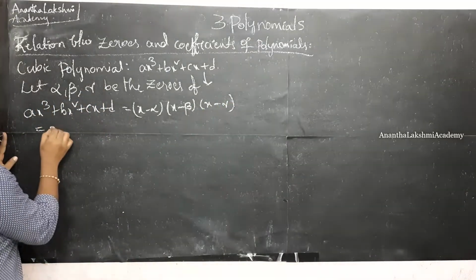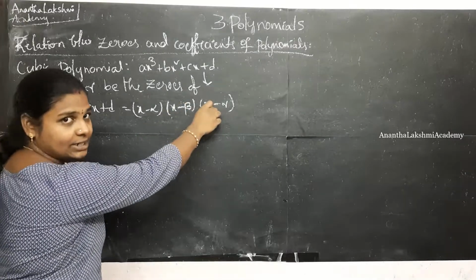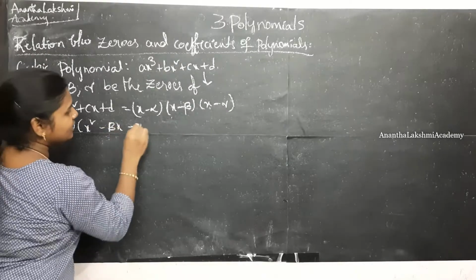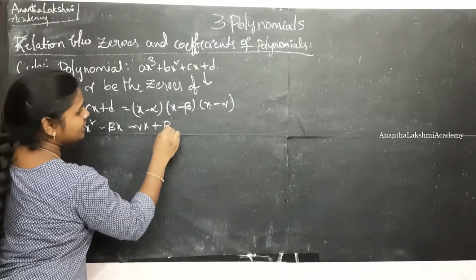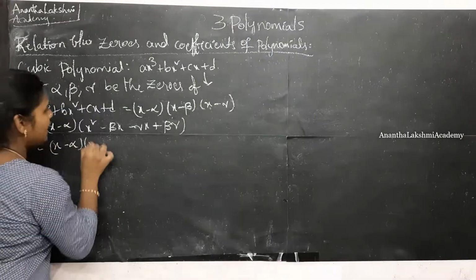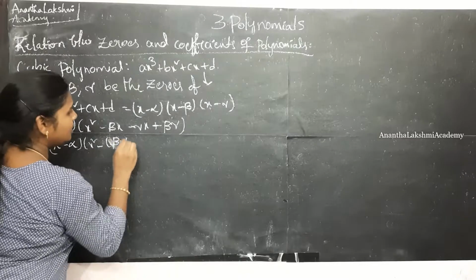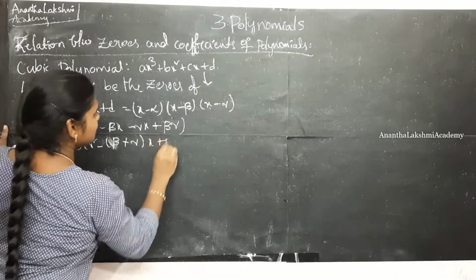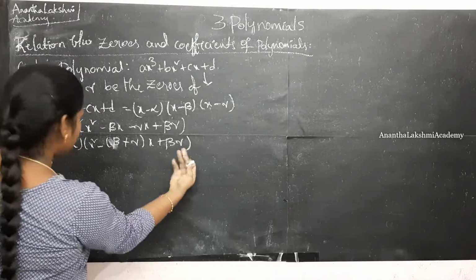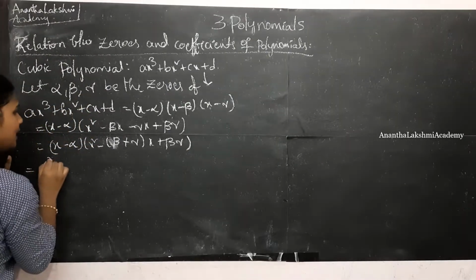So this is going to be x minus alpha into, I'm going to multiply beta and gamma first. So x square minus beta x minus gamma x plus beta gamma, which is x minus alpha into x square minus beta plus gamma into x plus beta gamma. Alright, now I am going to multiply this quadratic equation with x minus alpha, which would be like x cube